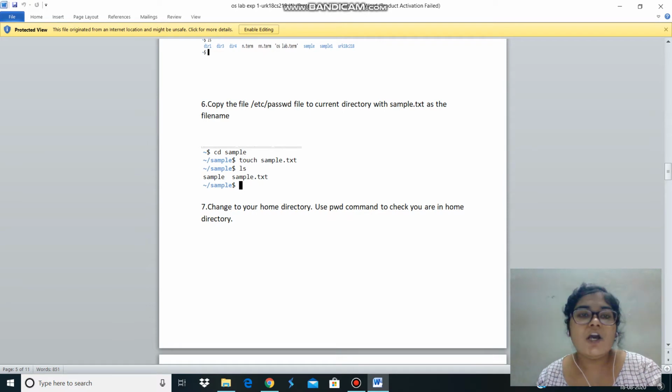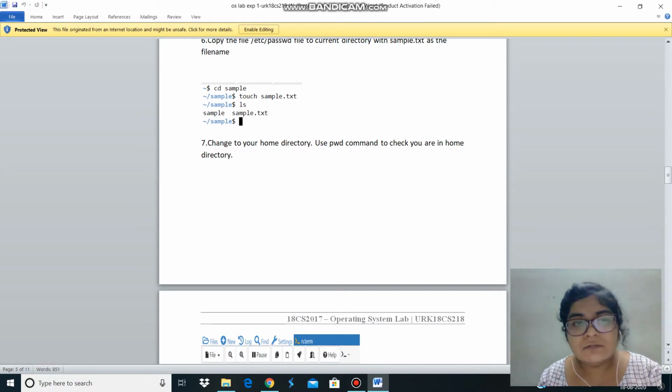The sixth question is copy the file etc/passwd file to the current directory with sample.txt as the file name, which means I am taking cd sample. Cd means for the directory we will use the cd command. Then touch is a Unix command to create the file. Then I am printing ls to display.